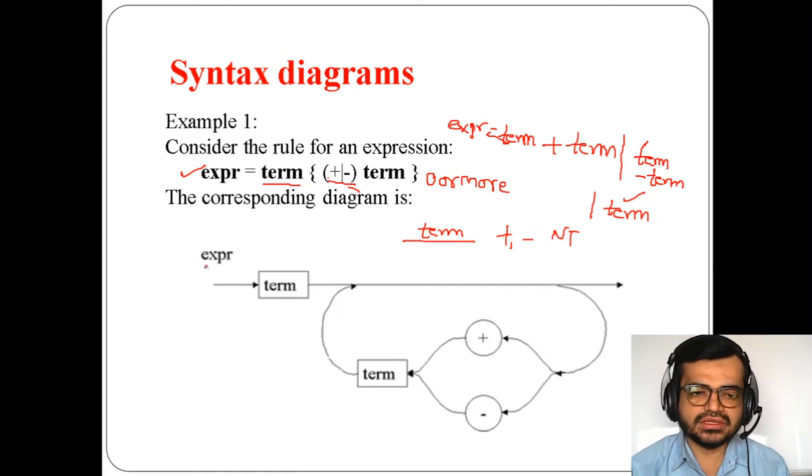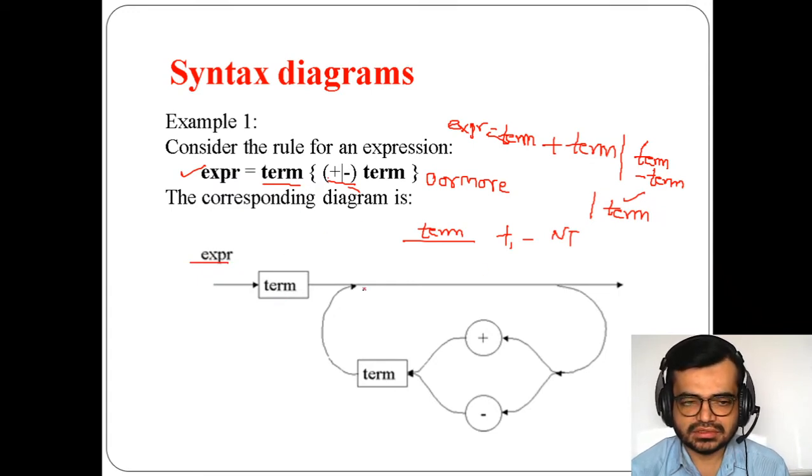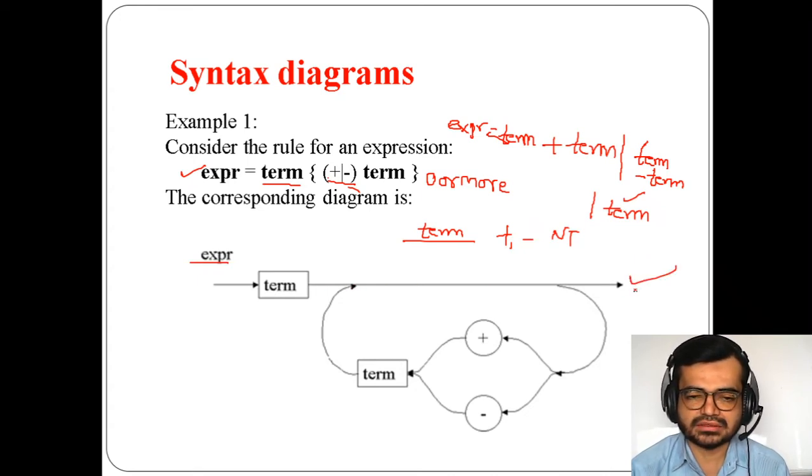Now this is how you start. You take this expression which tends to term. Term is your non-terminal. So like I said, your expression can give you term, simple. If it is a single term, this line will be executed.